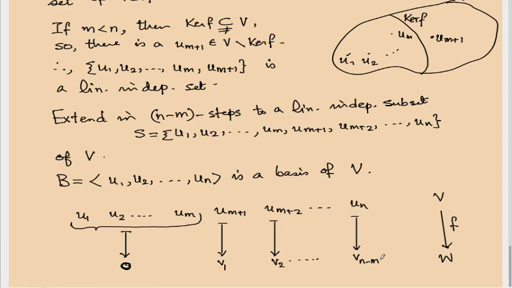I don't know. Let's see if they are linearly independent or not. So the question is, so choose scalars lambda from R such that